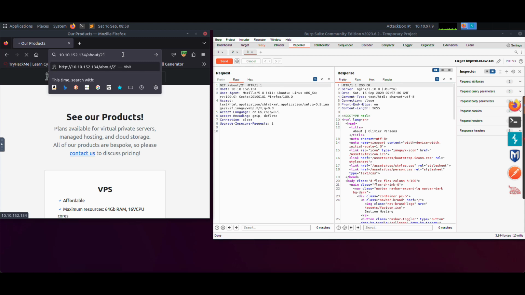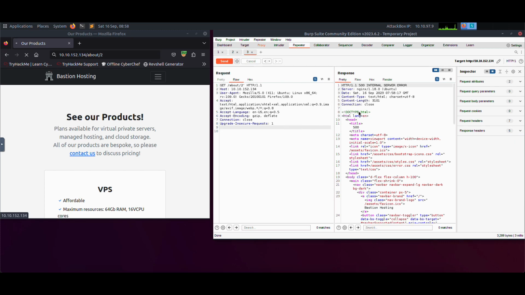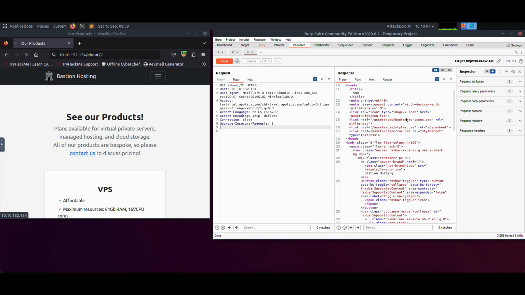If we just type here disassemble, probably it will give us an error message. To see that, let's check from our Burp Suite. Let's now send it. Okay, here we have 500 internal server error,